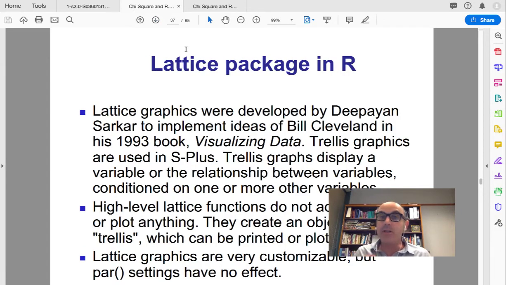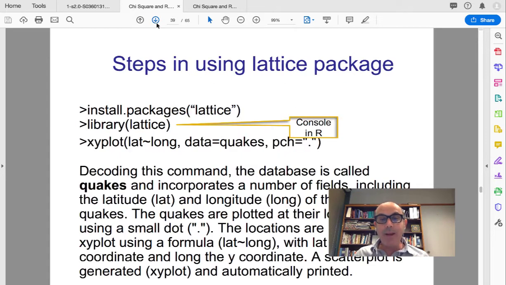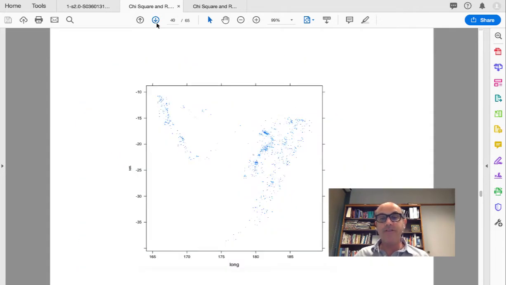There are packages that generate visualization. One of the first visualization packages in R was Lattice. And the idea was that it would be able to provide some multi or 3D visualization and the ability to add to it. This is the end result of the Lattice package when